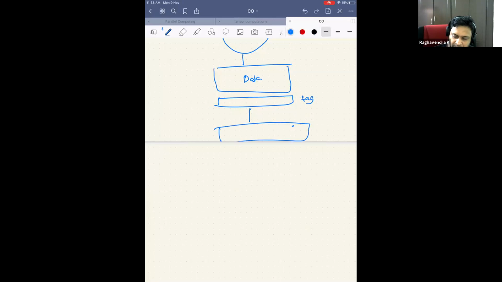Then we have this main memory. But in main memory, I don't have any tags, because that is the address space that I am allowing, and anyway I'm translating between the virtual page and the physical page. So let's not worry about it. I have this data and tag, and let's say it's 256 bytes, so I have 256 addresses stored here. When an address comes, I check all the 256 addresses in parallel, and if it's a hit, I read that byte and go back. Are you okay with this design?